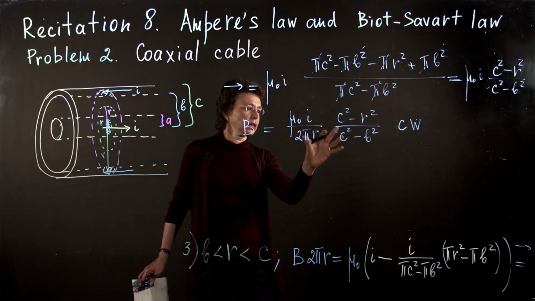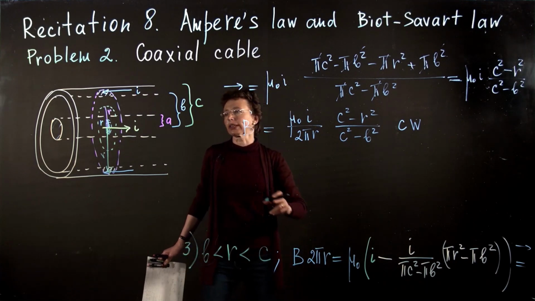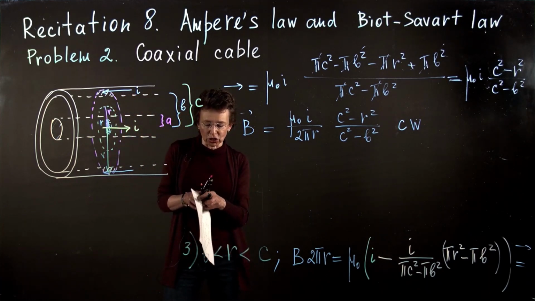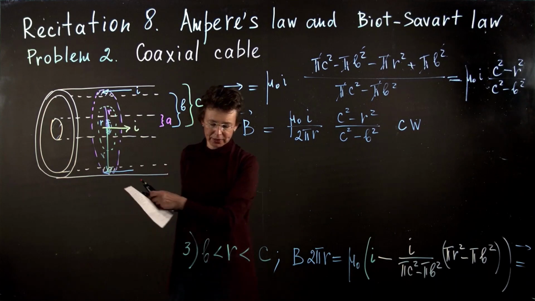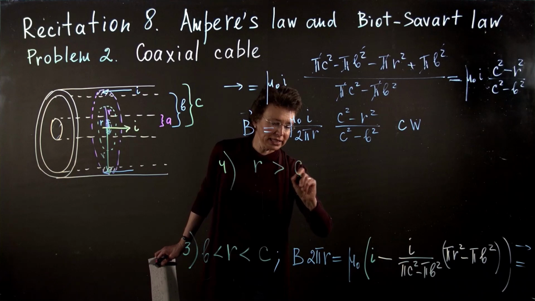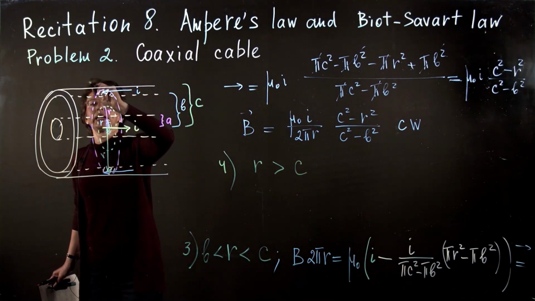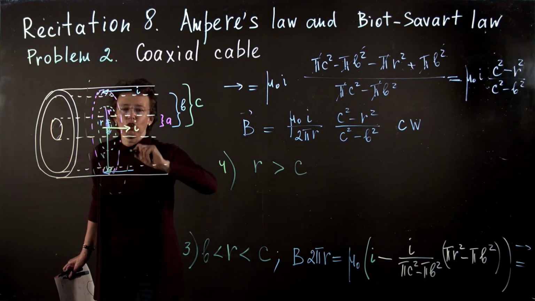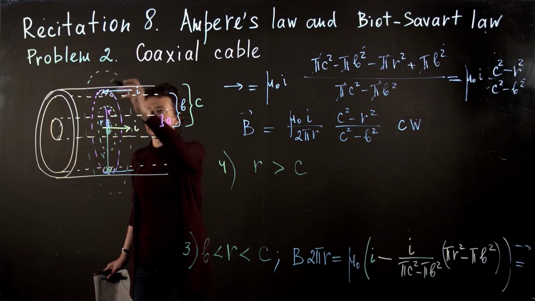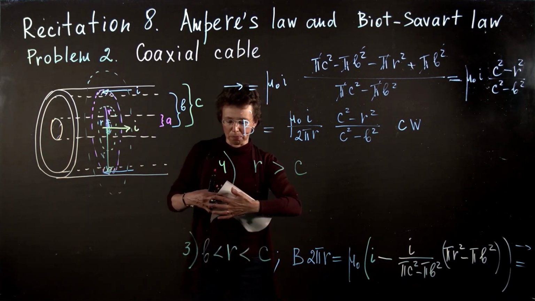So the magnetic field has magnitude and direction. We found both. And we have one region left outside of this cylindrical wire. So the last region will be R, this is 3, and now 4. R is greater than C, and that's the most interesting part because this is a coaxial cable. Now my loop will be an arbitrary R that exceeds C. This is my loop. Left-hand side, any changes on the left-hand side of Ampere's law?